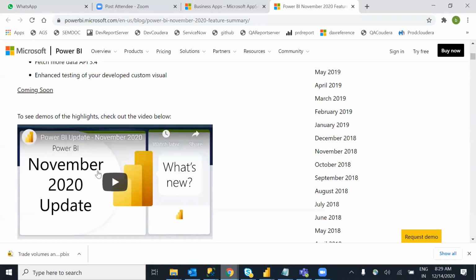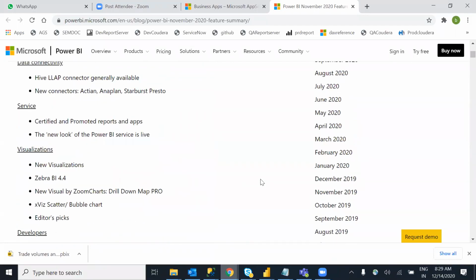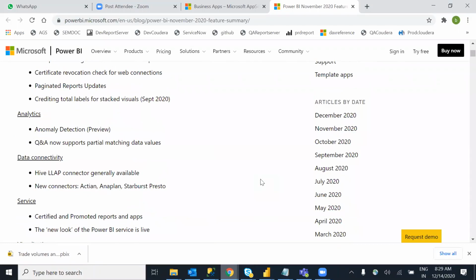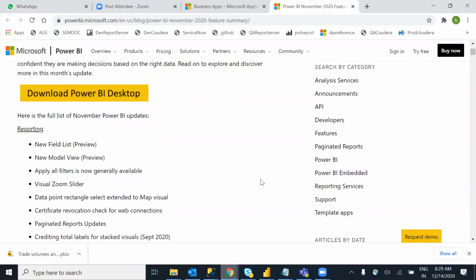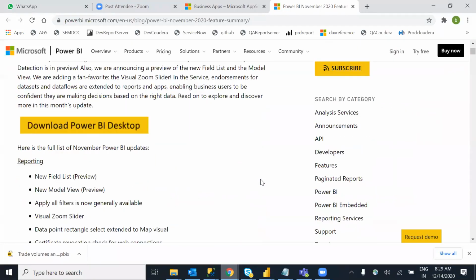If you go through the video that they provide once the Power BI release is done, how that feature will be available, where they have added it. Around 45 minutes the video will be there. Go through that. We have to remember two to three important features only. No need to remember all the features. They are adding n number of options. At least two to three options you can remember, then you can go for an interview. Sometimes they will ask what feature recently came, or in which version you are working. So this is for interview point of view.